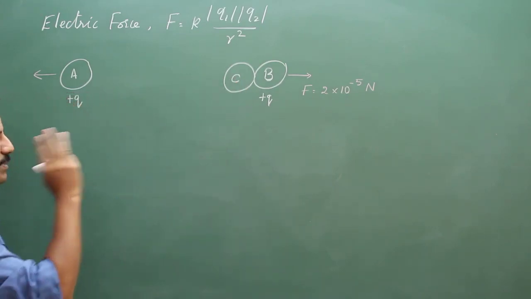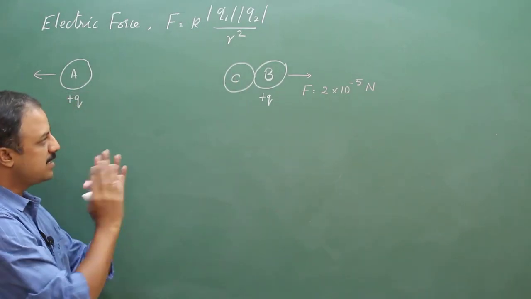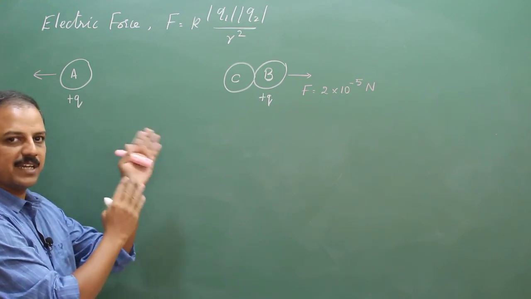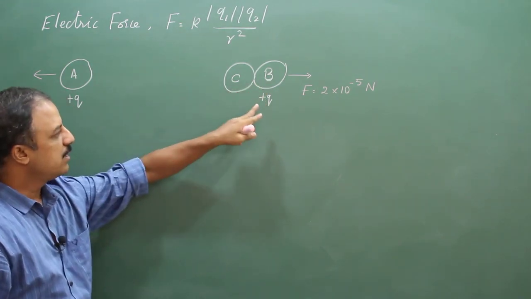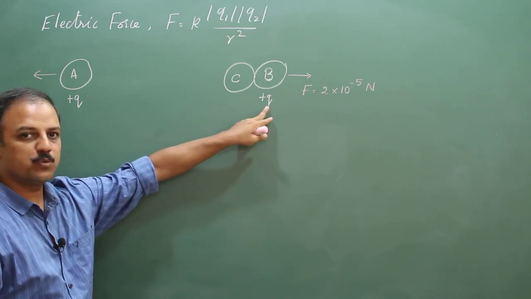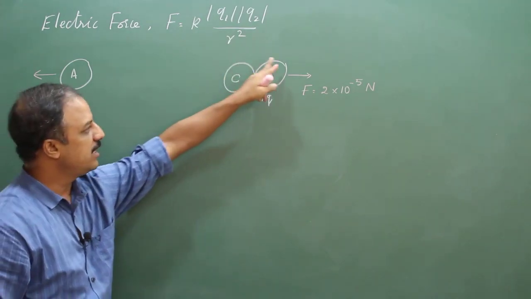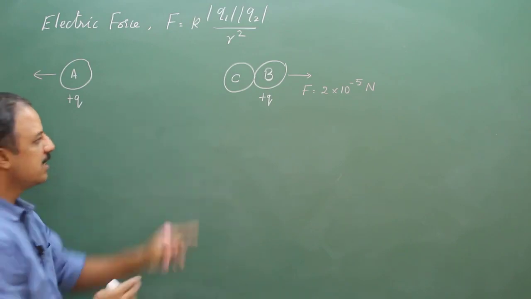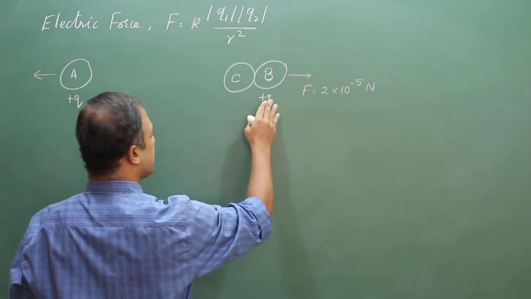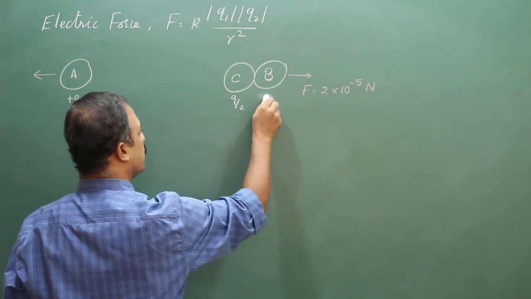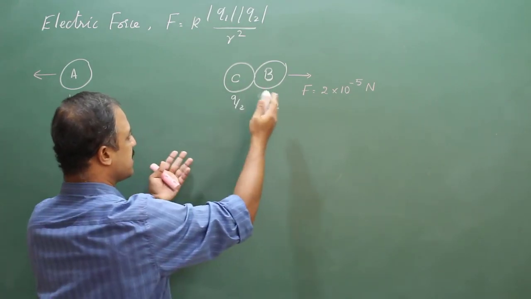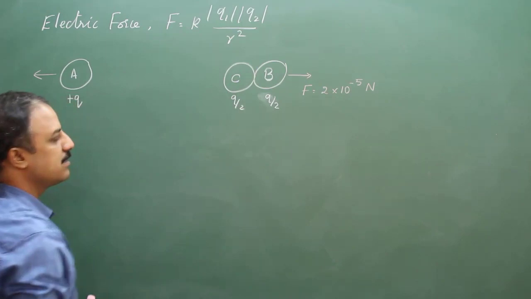When you touch C with B, the charge Q will redistribute itself equally between these two spheres, so it will become Q by 2 and Q by 2 on both the spheres, and now you separate this